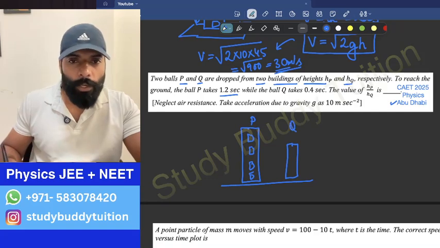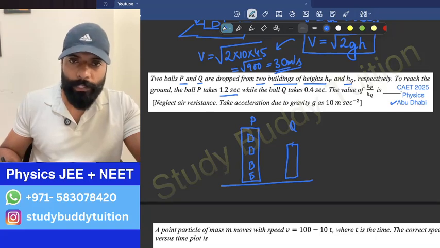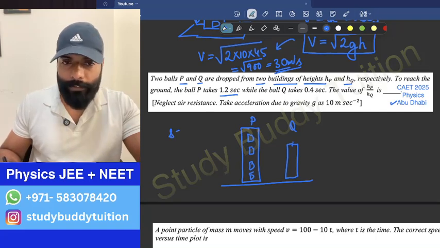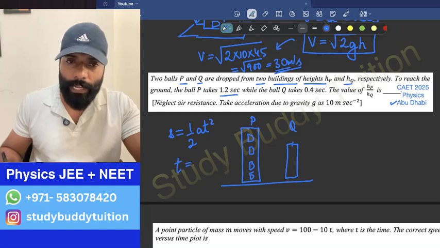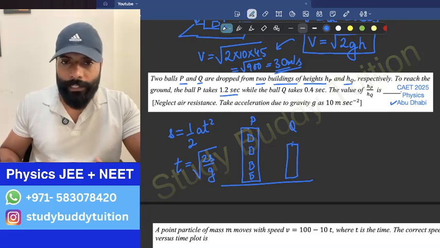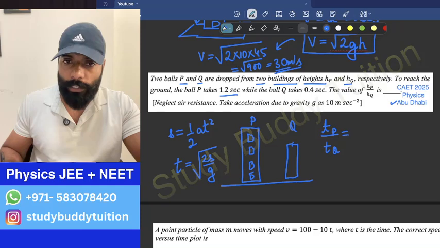Okay. Now for the calculation of time, we can use S is equals to ut plus half at square, as u is 0. So I can write that S is equals to half at square. So if I find the time, I'll get time as under root 2s by g. And here I need to find out the ratio. So the ratio, I can write this as Tp by Tq. It's given to us as